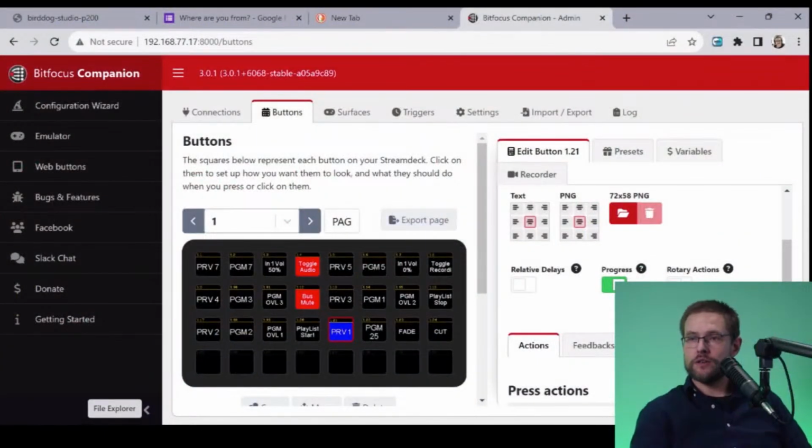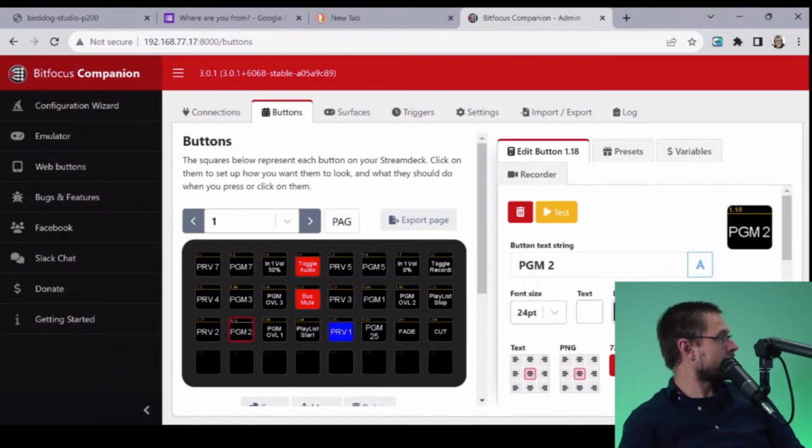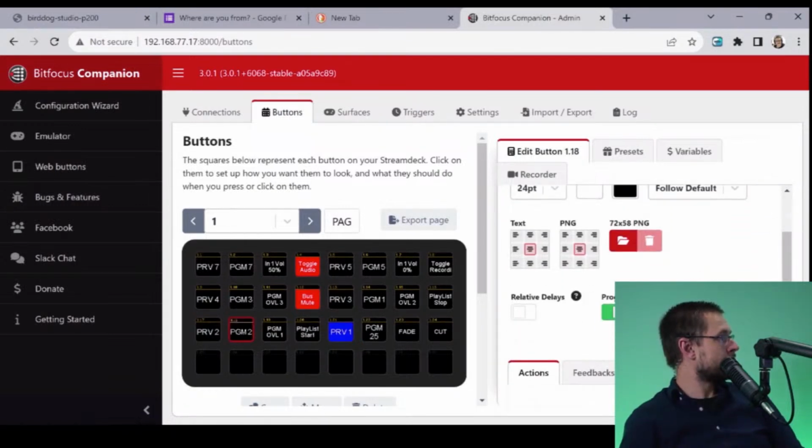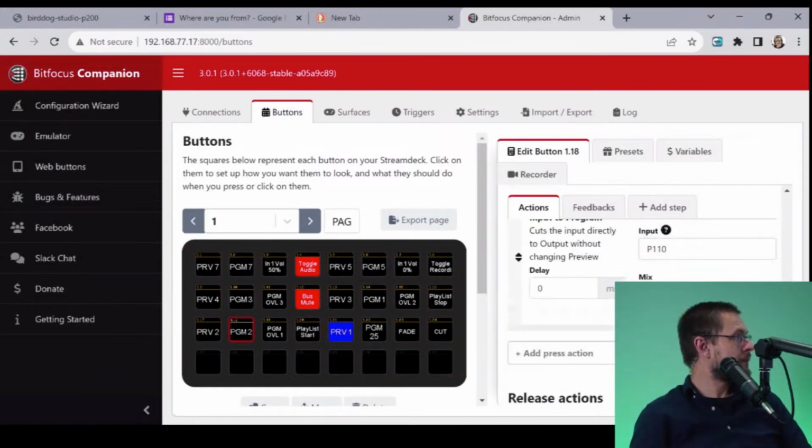Okay. So let's change another one. Like this one should be P110. And the idea is that if the input numbers change, it doesn't jack up all your buttons. It stays with the input because the name is the same, which is why I like the simplified name. And so here, if I press input 2, it is now,